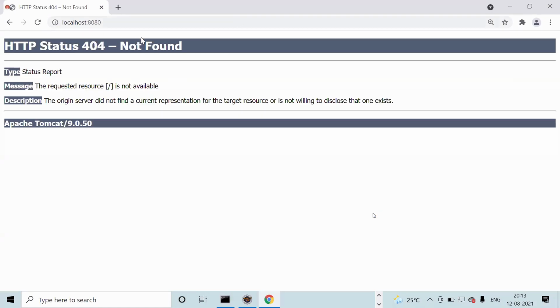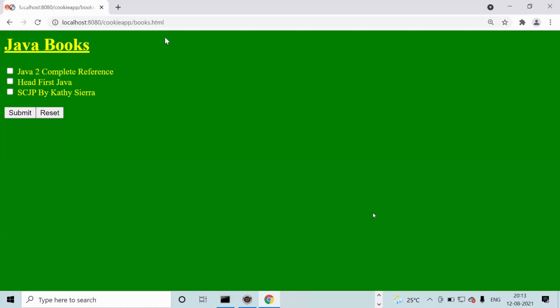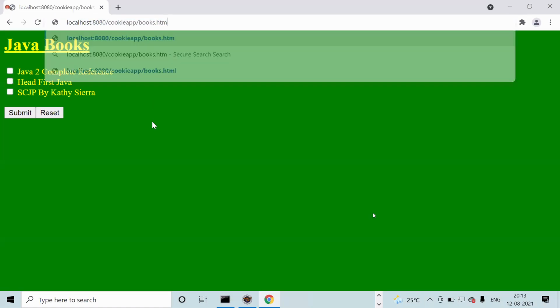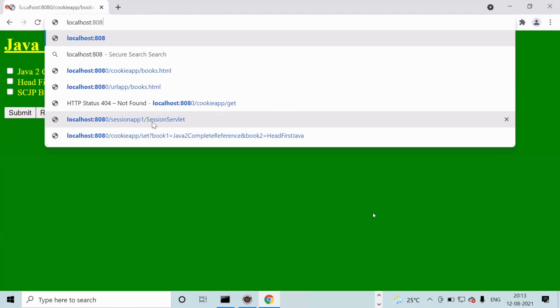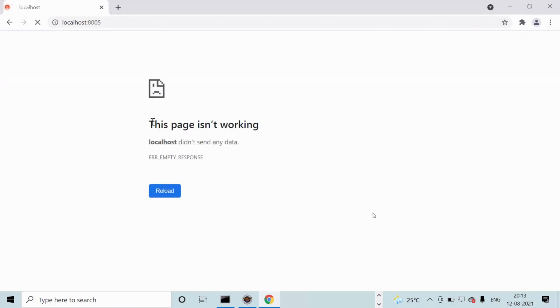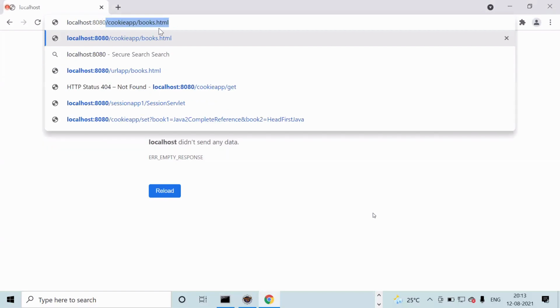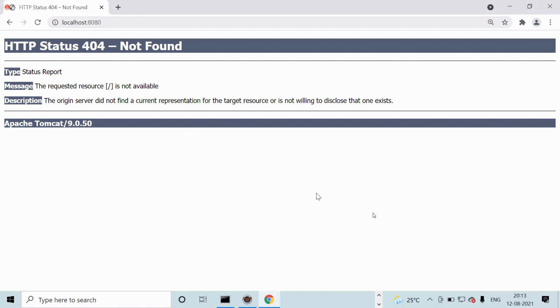This is 8080. This is another port number will be there here.